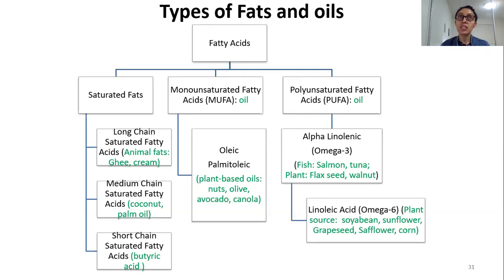So say for instance, one of the big research areas with medium chain saturated fatty acids, coconut oil, has to do with the fact that it does not require chylomicrons for its absorption. So it has a lot to do with your enteral feeds, parenteral feeds. Now, what are enteral and parenteral feeds? I'll briefly touch base on them when I cover one of your lectures in the future.